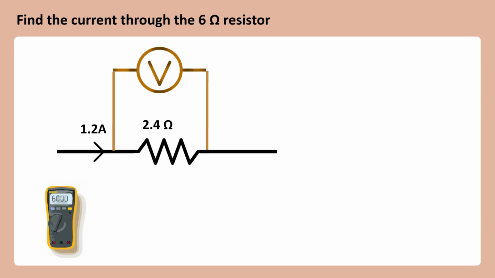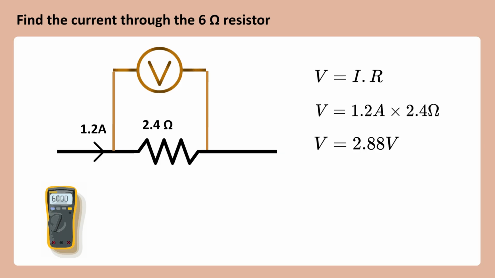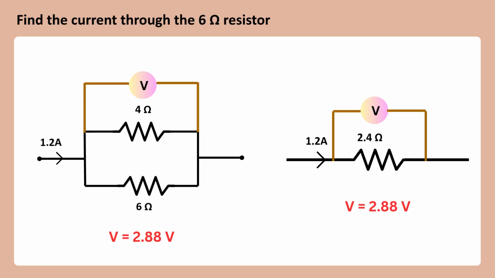Second, we apply Ohm's law to find the voltage across the 2.4 ohm resistor. We get the answer as 2.88 volts across the resistor. It means, because the 4 ohm and 6 ohm resistors are connected in parallel, both of them have 2.88 volts